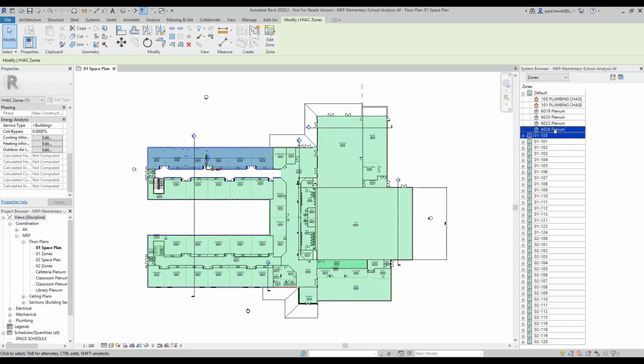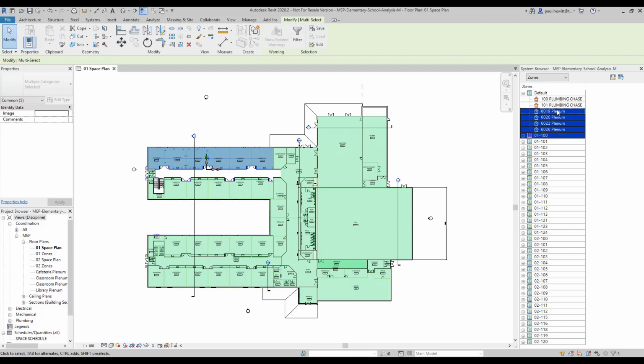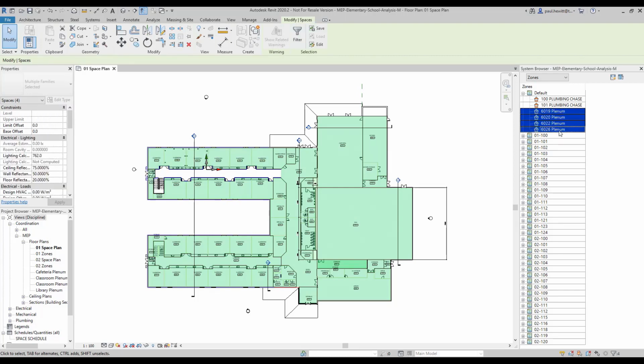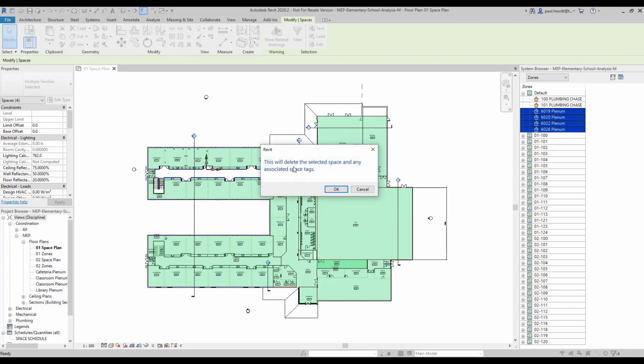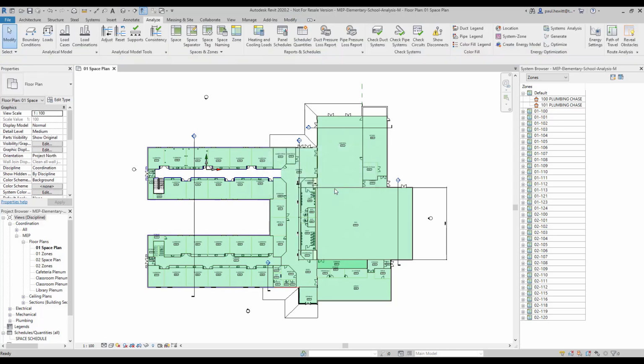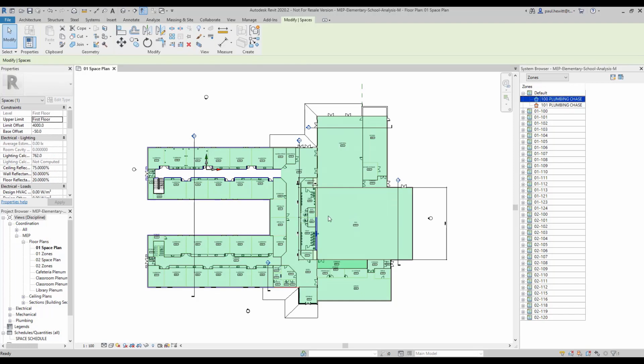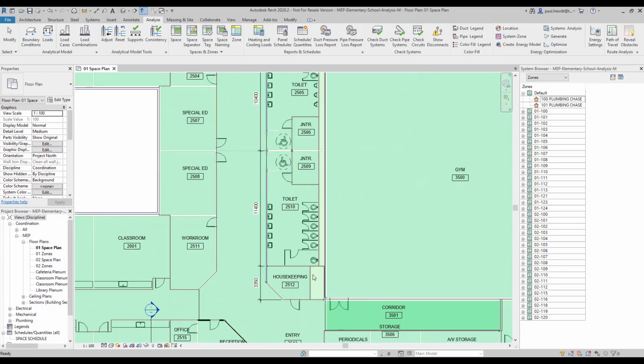And now what we'll do is we'll highlight the plenum spaces here that don't actually exist, so we can shift and select each of those, right-click, and delete those. So we need to move these plumbing chases from a default into their proper zone. When we highlight these, we can see them in the model. Again, we could use the show option, but what we need to do is actually add these to the zone